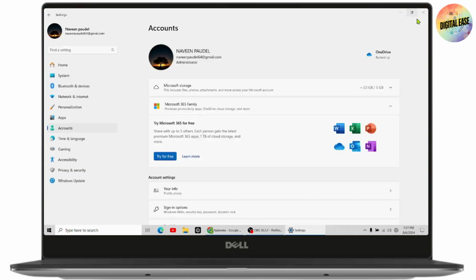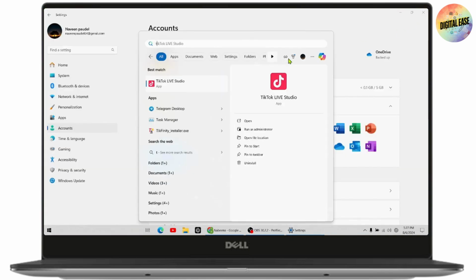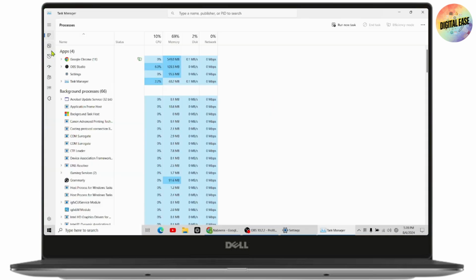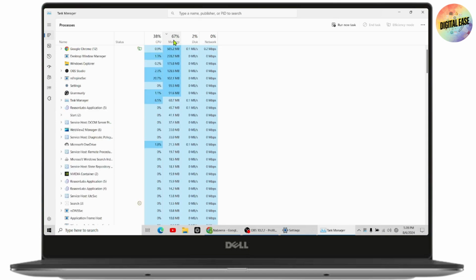And you can open up your task manager by simply typing task manager and selecting it. Here you need to click on the memory header to sort programs by memory usage. Identify the programs consuming significant memory and end the task for those that are unnecessary. Like if you're not using Google, then you just need to right click on it and